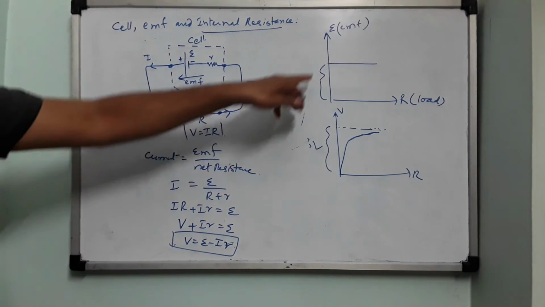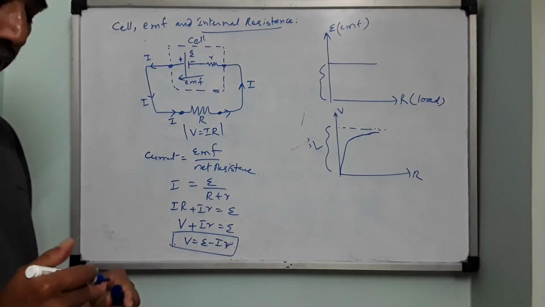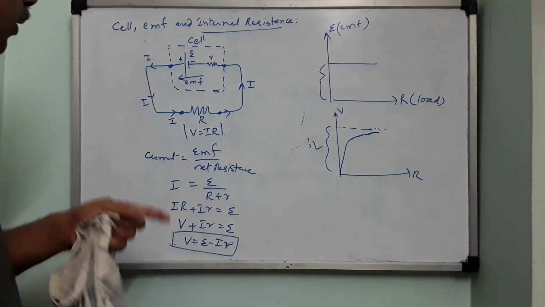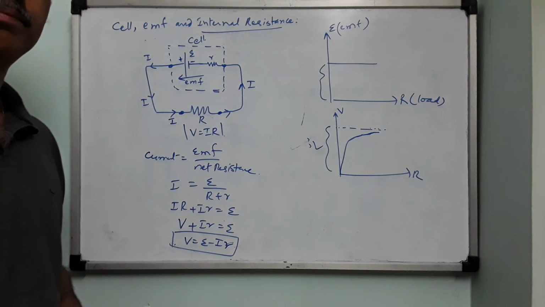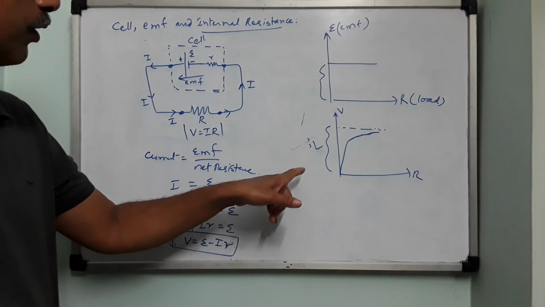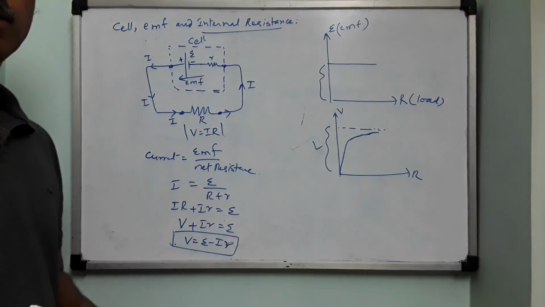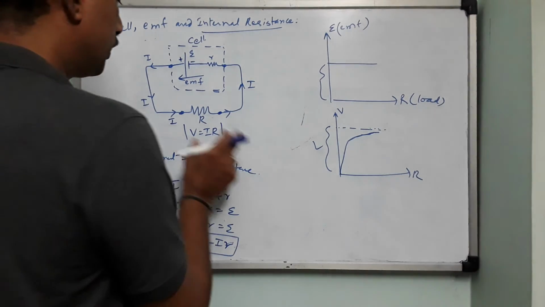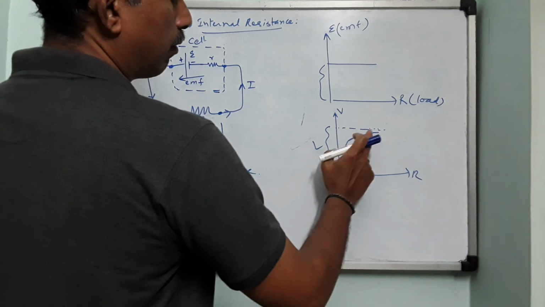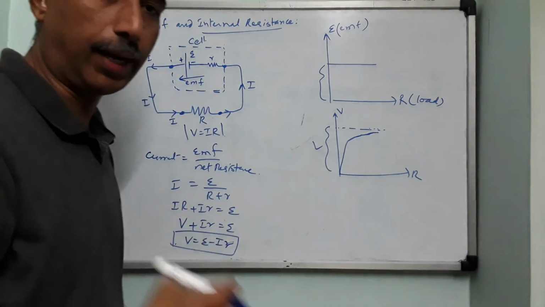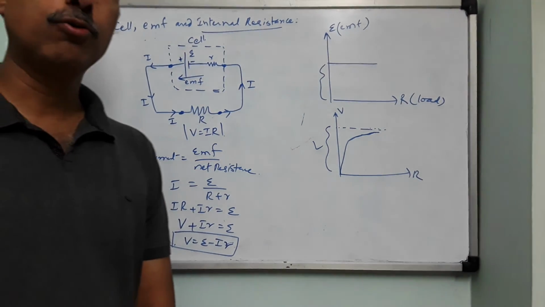So basing on this only, we have developed these graphs. Very important graph. Draw a graph showing the variation of EMF with load connected. Load connected means 1 bulb, 2 bulbs, 3 bulbs, 4 bulbs. EMF will remain the same. But what is the change you can see? You can see the change in the terminal potential difference. Terminal potential difference across this combination will go on increasing linearly at the beginning, and then it will get saturated. And it will never exceed the value of what? EMF.